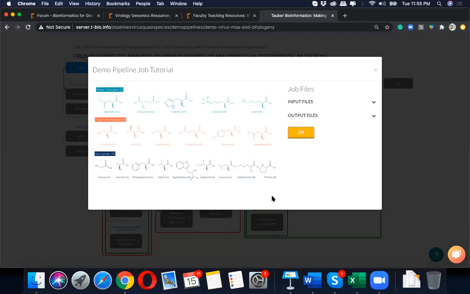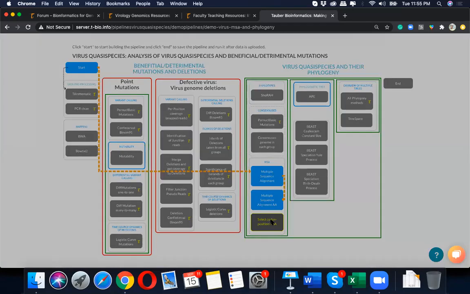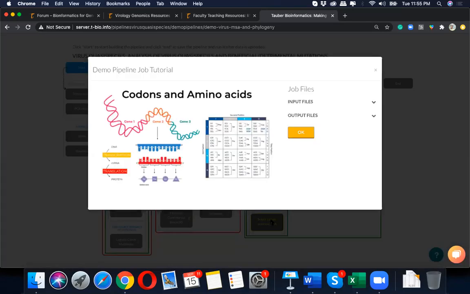But in today's session, we are not going to do that biochemistry session. I'm pretty sure that most of you are aware of it, but you can always go to the internet and check. There is a lot of information, great books. So moving on, we also have to select the codons, right? So we are looking at changes from amino acid. We are looking at changes in terms of their codon position.